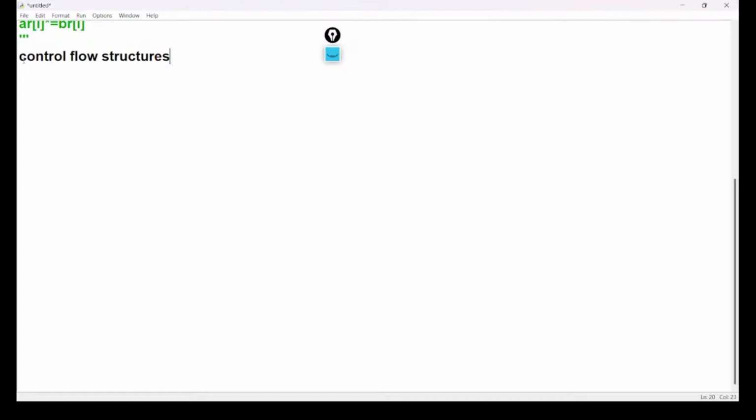Control flow structures. Before discussing control flow structures, we have to discuss